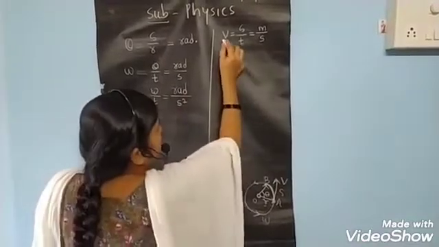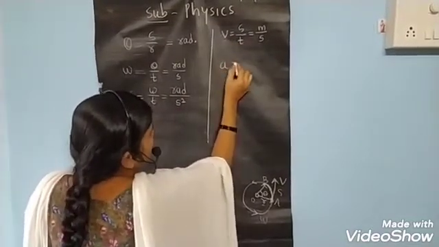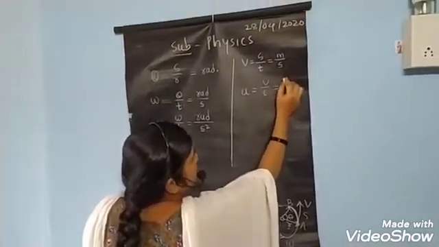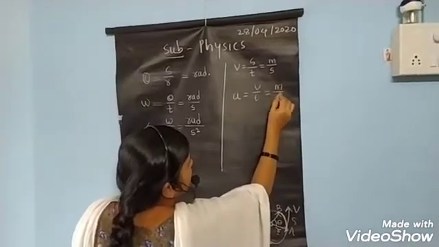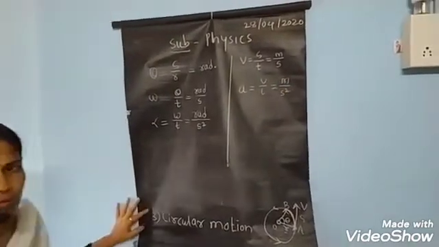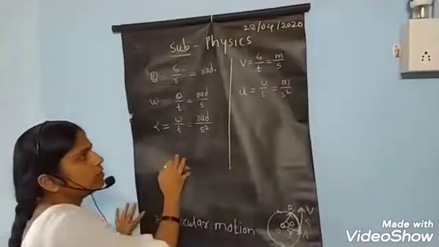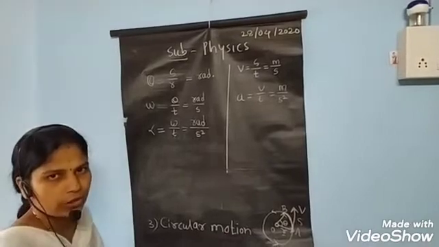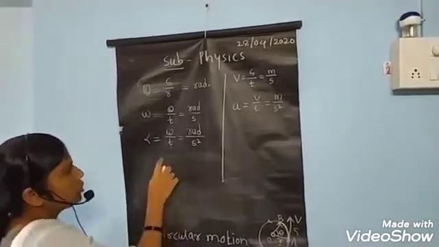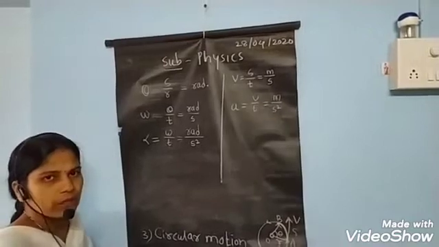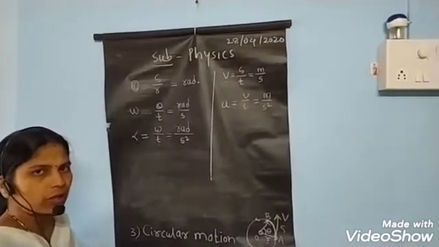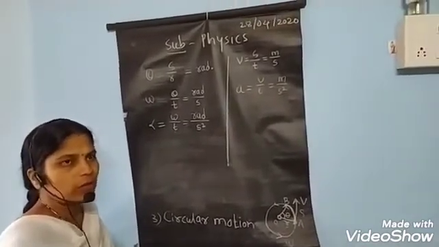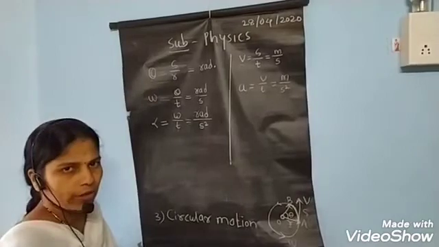Okay. Here we have linear velocity. Similarly, we find acceleration. Acceleration is the rate of change of velocity, and its unit is meter per second square. In both linear and circular motion, we find the equation and the unit. In circular motion, we discuss the relation between linear velocity and angular velocity, as well as the relation between linear acceleration and angular acceleration.